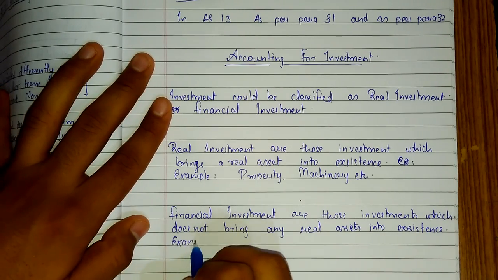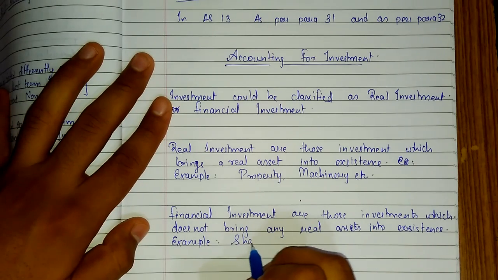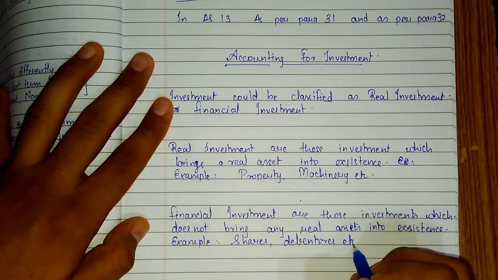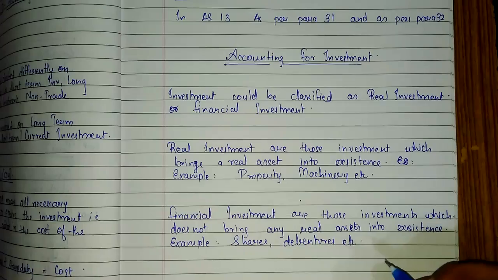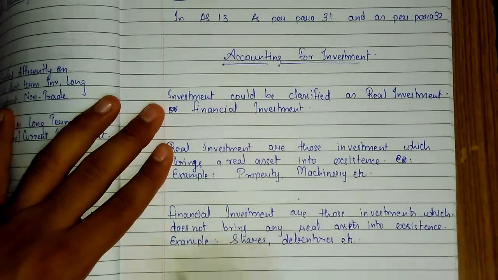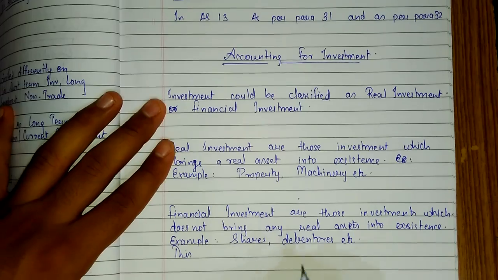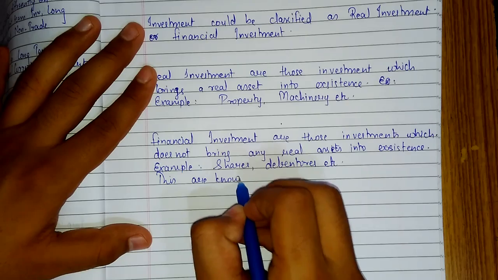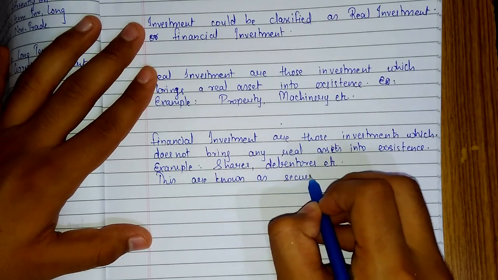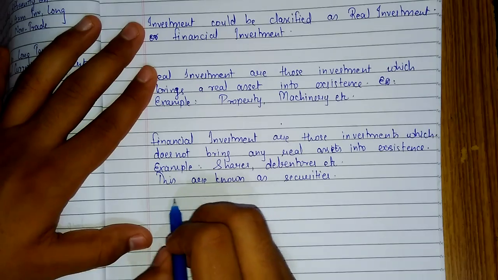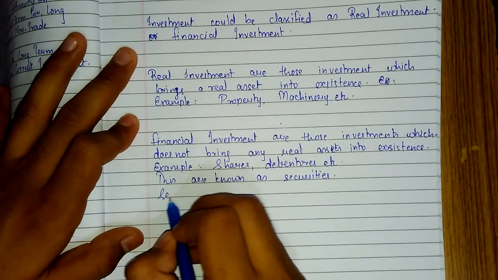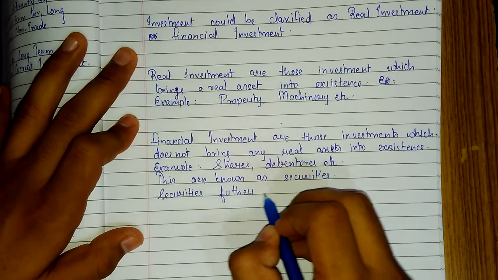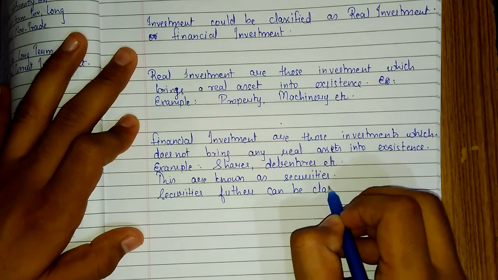Example, shares, debentures, etc. There are many securities, shares and debentures. Is this visible? Okay, wait. These are known as securities. Securities further can be classified as